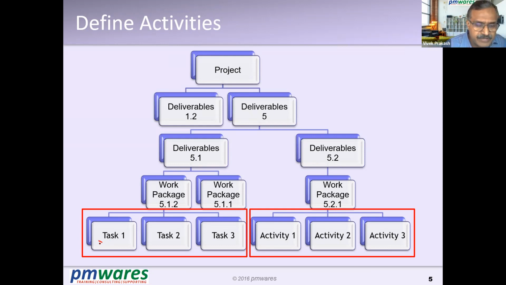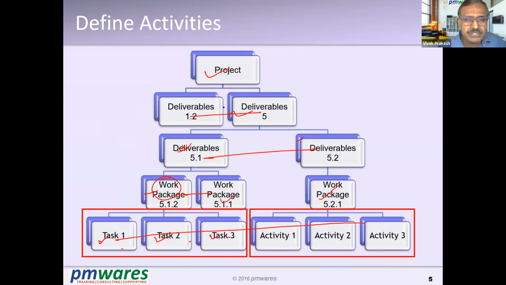Because if we complete this, that means this is completed. These two are done, then this is done. These two are done, then this is done. So you basically have to act here, and our whole concentration will be on the last level, that is the activity level. The upper layers, we normally call summary tasks in MS Project. We need not touch them. They are completely driven by MS Project itself.